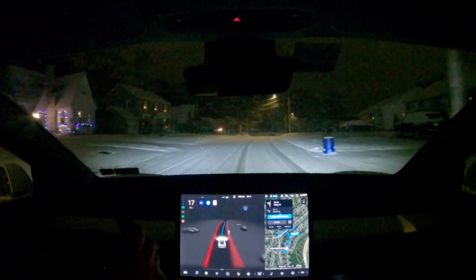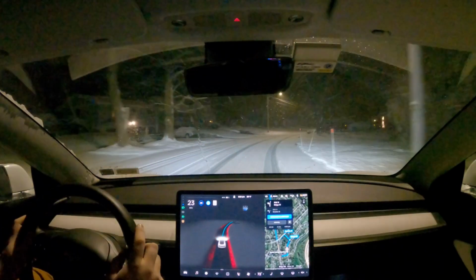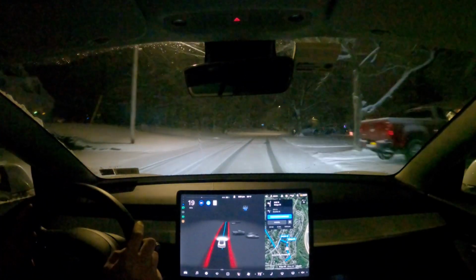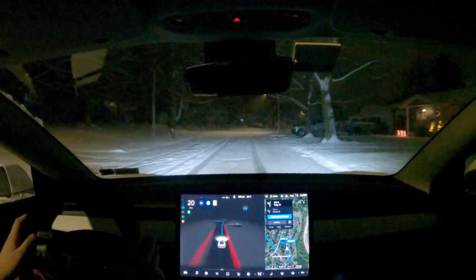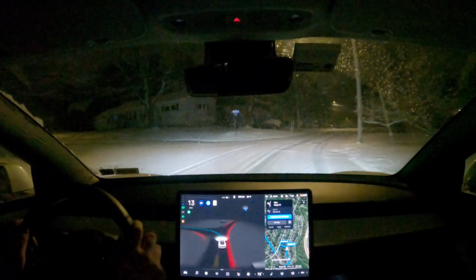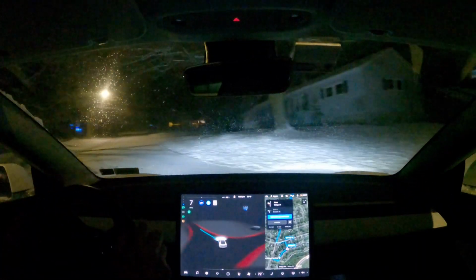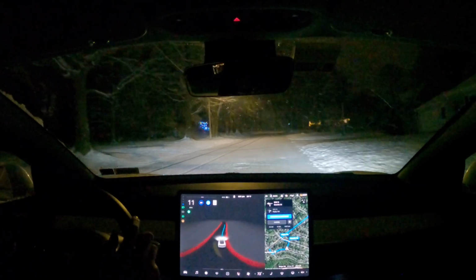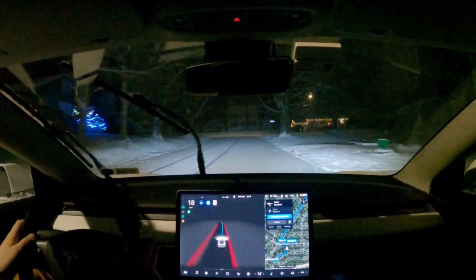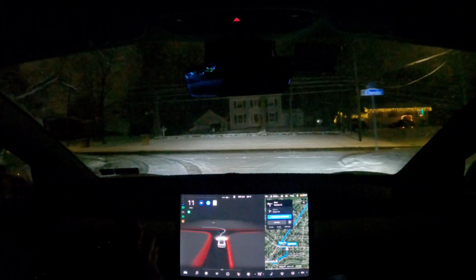You can see it really is having a hard time telling where the middle of the road is, or where the road is. See how it does in this turn. Yeah, it figured it out, but now it's spinning. Again, it gets points for effort. Definitely gets points for effort, but